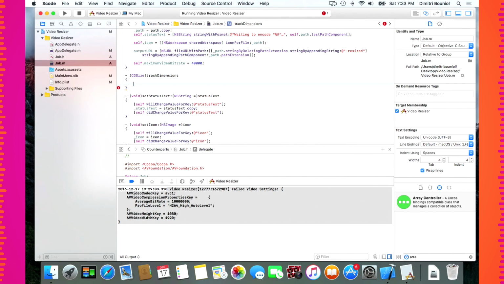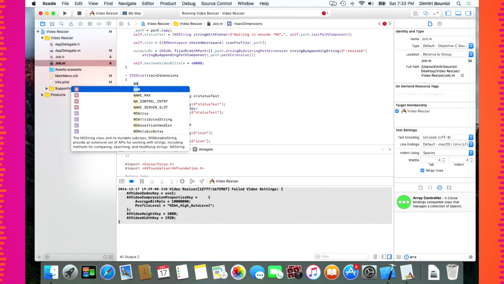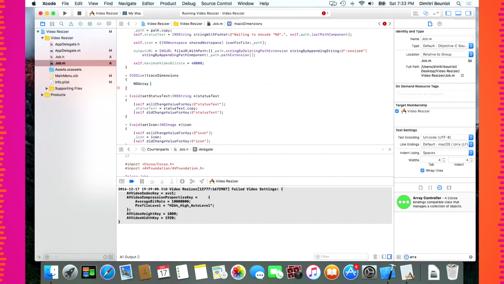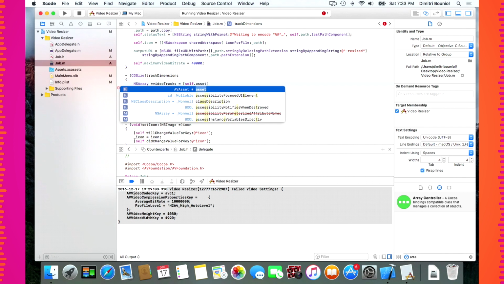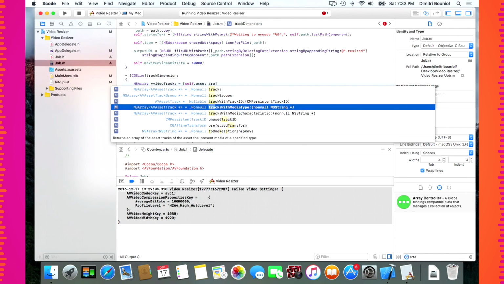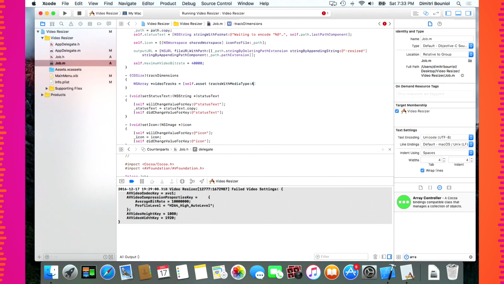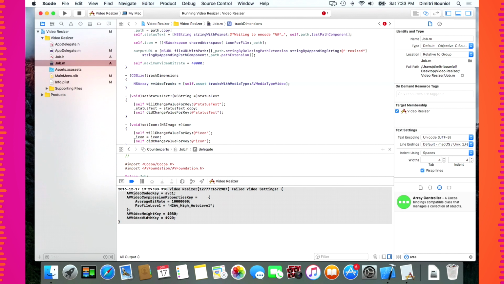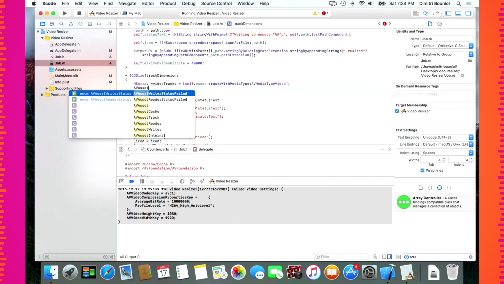So this is basically going to read the track dimensions from the video file. So we're going to get an NSArray for our video tracks. videoTracks equals self.asset tracksWithMediaType AVMediaType. So again, we just want the video tracks. And then AVAssetTrack